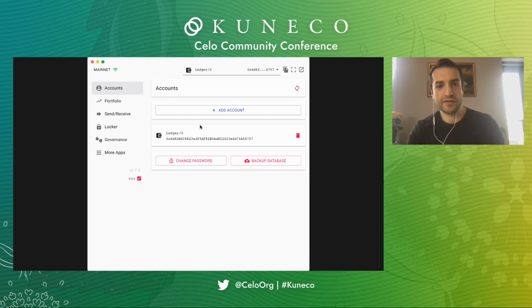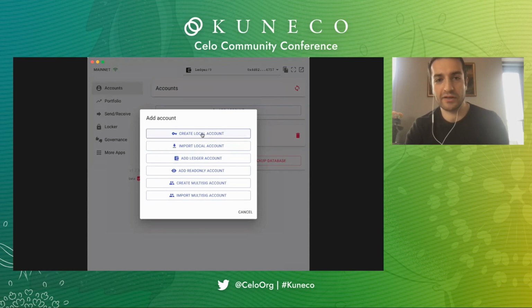This is the one that's open up. The design is kept simple on purpose so that individual apps can do their own design if they want to. And we'll just go through some simple operations where you can see that there's already my Ledger account added into this here. Since clicking on Ledger takes quite some time, I'm just going to create a regular account too, where the key will be stored on my computer.